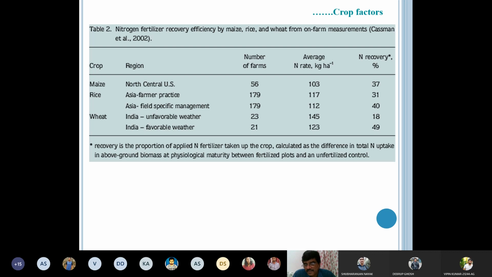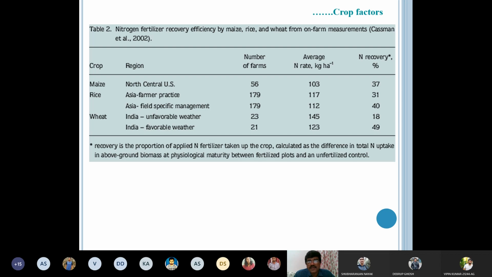Generally speaking, in India, we get more nutrient use efficiency in winter crops than in rainy season crops. Because in rainy season crops, generally losses are more. Losses of nutrient, particularly nitrogen, are more than in winter. And you can see this